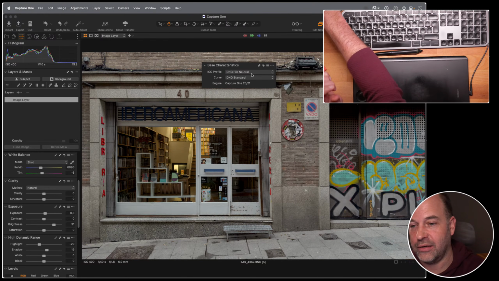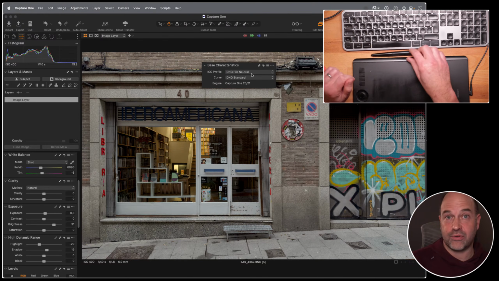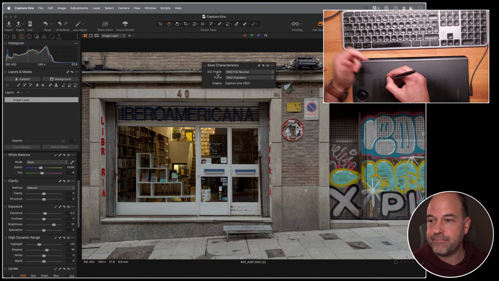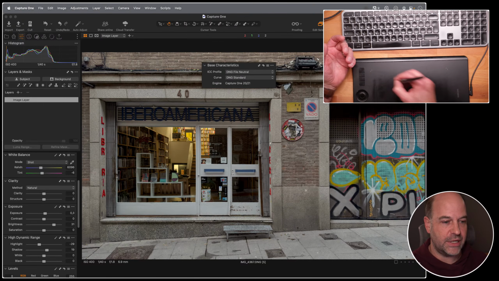What I should have done when I was shooting this is shoot it with Capture One Mobile and give myself a bit more flexibility. We're trying to see if we can engineer our way around not having to use the camera built into Capture One Mobile, but to do some stuff even if you've just shot a DNG file.